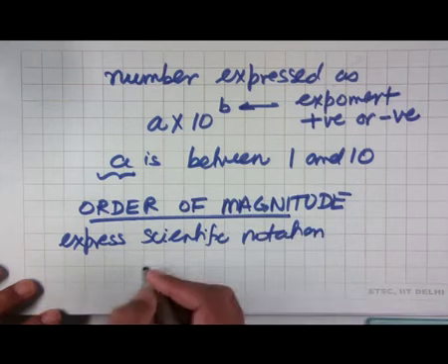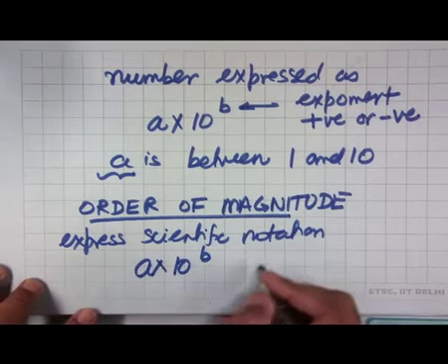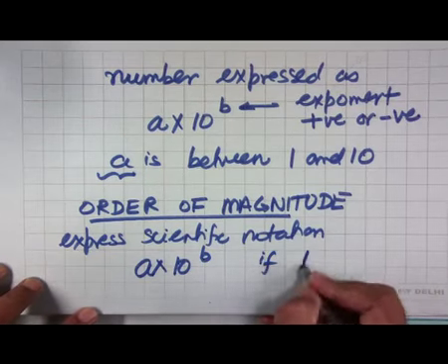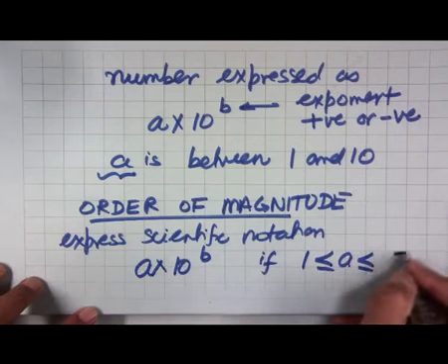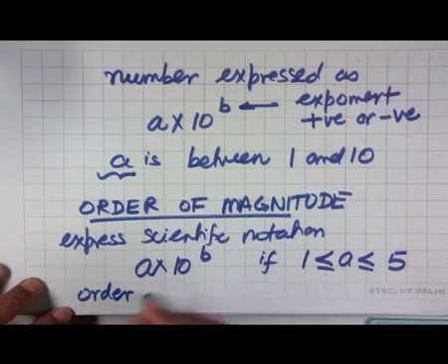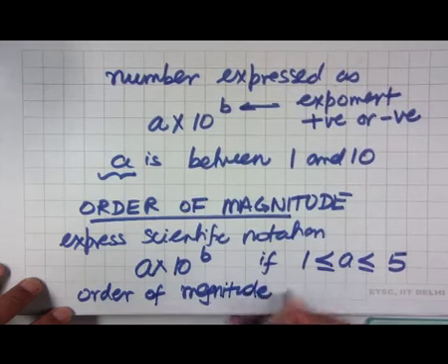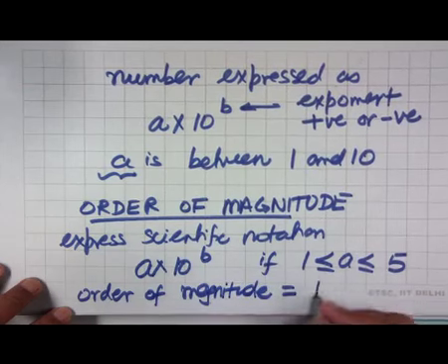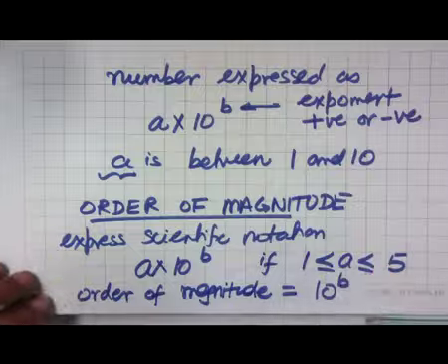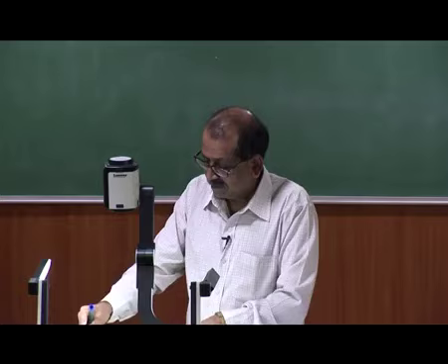then we will write it as a multiplied by 10 to the power of b, and if a lies between 1 and 5, then we say the order of magnitude is equal to 10 to the power of b, or rather we call, एक मिनट इसको last part change करना है. I will start from order of magnitude, ये a into 10, यहाँ तक तो ठीक है, इसके बाद चेंज करना,